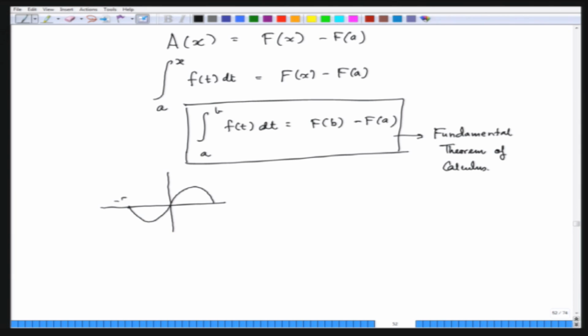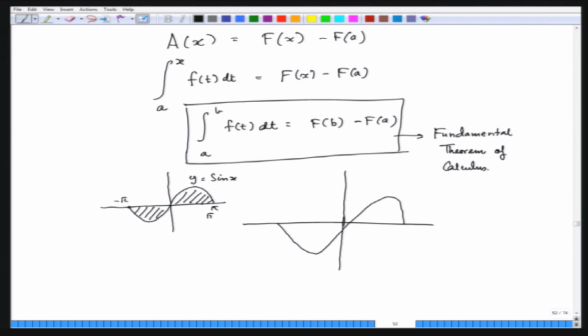This is minus pi, right? Pi. So, what about this area and how to calculate this area? How to calculate such areas? This is one example I am giving, or you can take a more general setup. So, now you know when the function values are becoming negative,